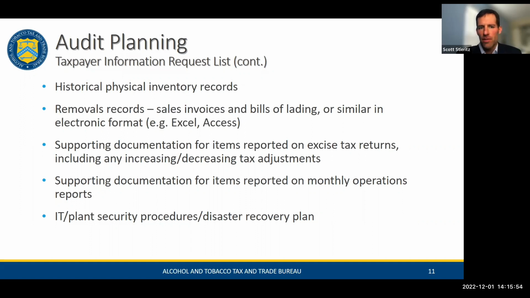And then lastly, I wanted to mention if the taxpayer has any questions on any of these items on the request list, go ahead and call the audit in charge and ask. Also, if taxpayers are unsure of what we are requesting, the taxpayer can always send us an example to eliminate pulling unneeded information. This could save the taxpayer significant time, and this goes back to us partnering with the industry member. Also, our information request list and audit period covers 3 years. Therefore, the taxpayer information request list will not go back anything further than 3 years.